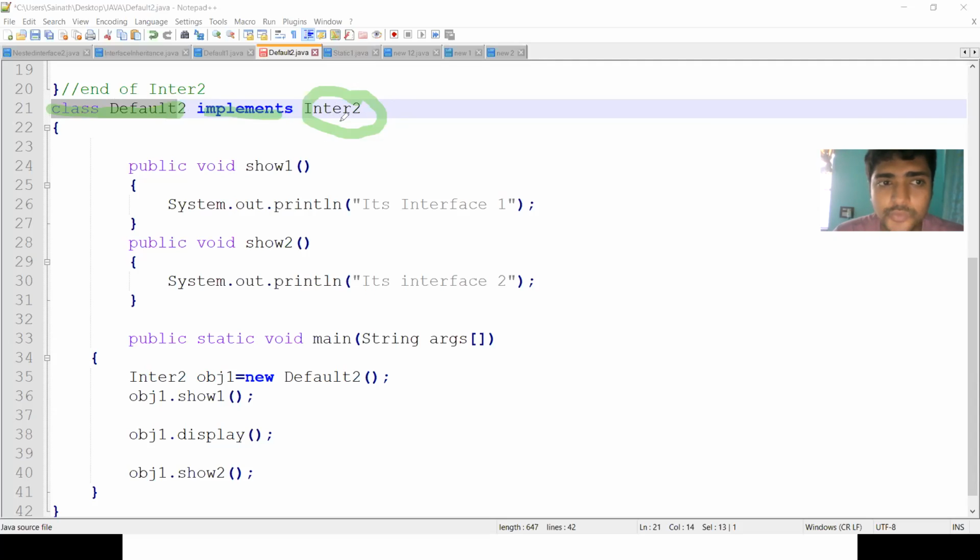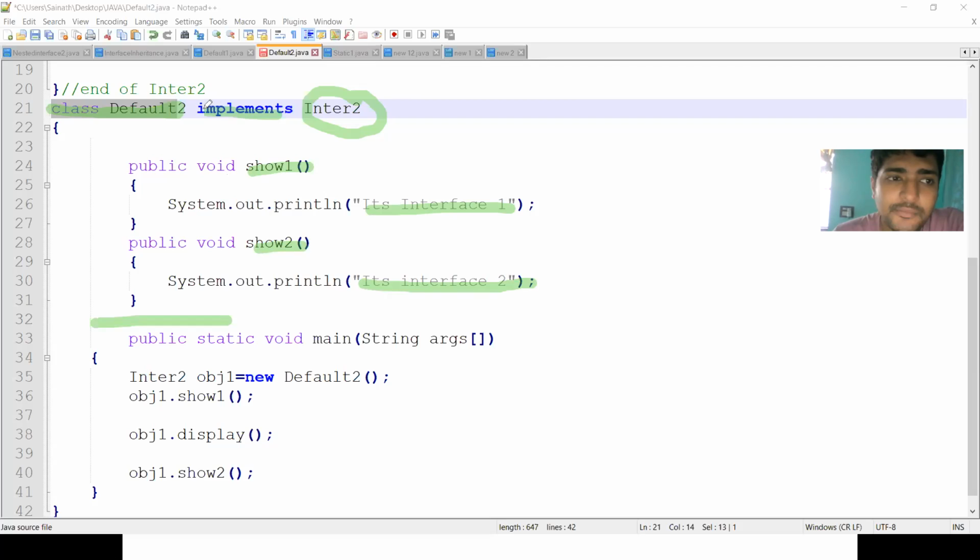Implementing interface 2 means we have to write the definitions of all the abstract methods. We have two abstract methods, show1 and show2. Here I am defining the show1 method from interface 1 and the show2 method from interface 2. So I have defined all the abstract methods.